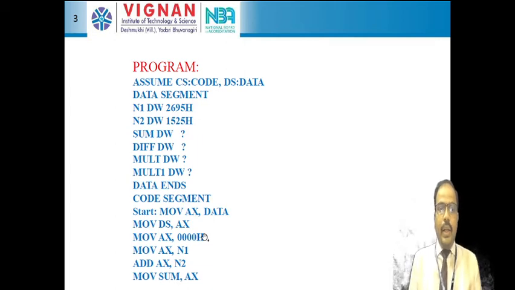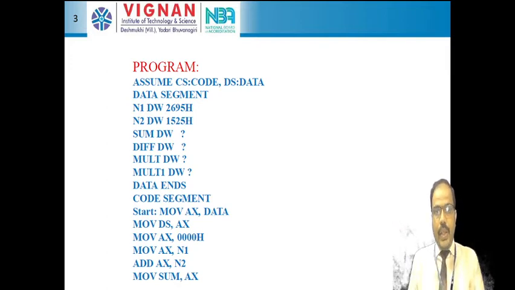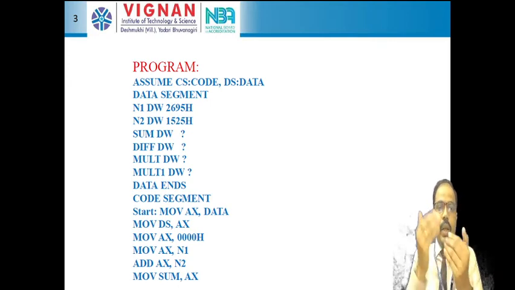So actually we can write MOV DS, 000H, but already in the theory class we have discussed that direct loading of the data segment register DS is not possible in the instruction set of 8086. So with MOV AX, data, the starting address of the data is first moved into the AX register, then from AX to DS, then AX we are going to initialize with 000. So directly MOV DS, 000H is not possible in the 8086 instruction set. That's why I am writing these three instructions.